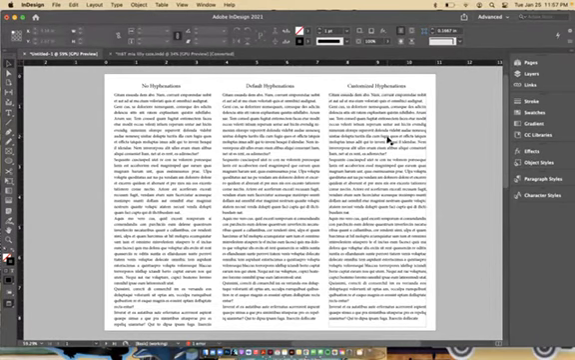Here I have 3 text boxes with the same text in each box. This one has no hyphenations, the middle one has the default hyphenation settings that InDesign puts in, and this one has customized hyphenation settings that I put in. Now, if I press W to show my guidelines,